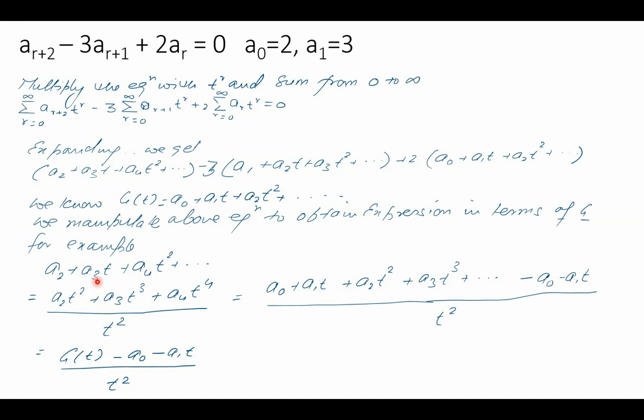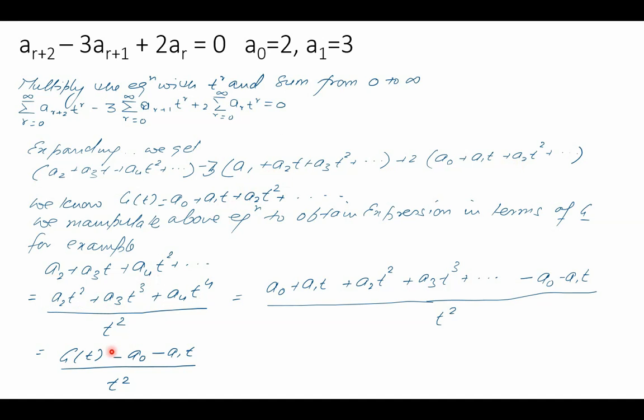a2 plus a3t plus a4t square. Now what I can do is, see, in my generating function expression, a2 is usually the coefficient for t square. So to make it so, I am multiplying this expression by t square and dividing it by t square. So this becomes a2 t square plus a3 t cube plus a4 t4 divided by t